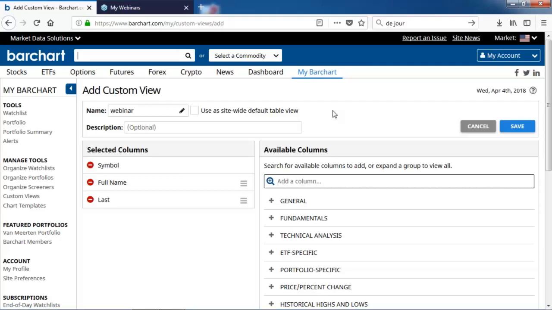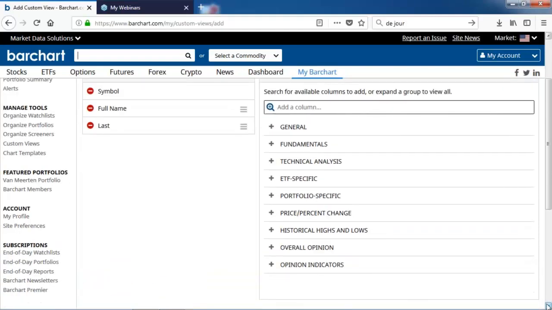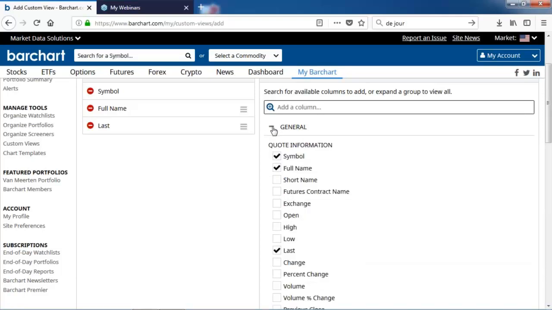A couple of things that I use are for my filters, and if you look at all the available columns, there is, like I said, an infinite amount. I guess there is a limitation, but there's a lot of data that you can use to set up your columns. So you're always going to have a symbol. You have to have a stock symbol. That has to be one of the columns in there. That's a must. If you want to have the full name and whatever you want.